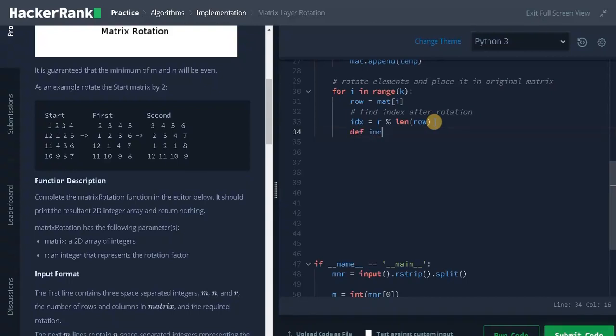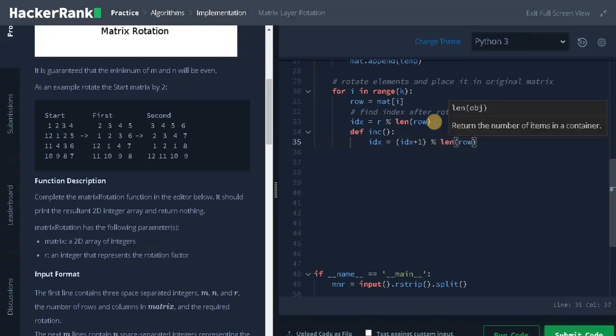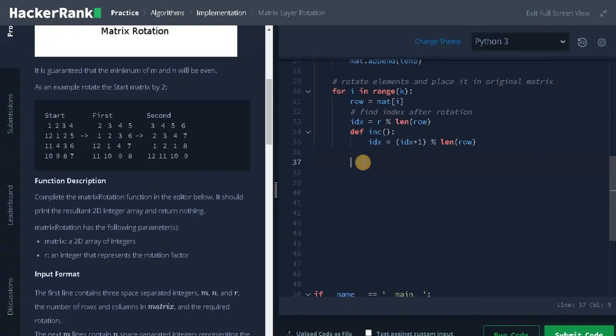Def inc. It will just increment the index by 1. So idx equals idx plus 1 modulus length of row. Now we need to traverse the layer like before.